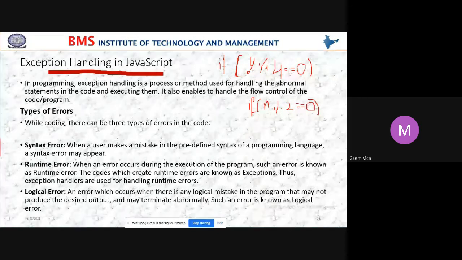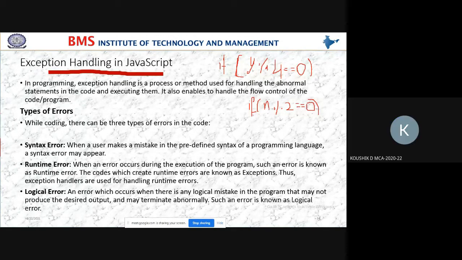If this condition is true, then the given number will be even or odd? Even, ma'am. Yes, students, are you following? It will be even if it is 0. Are you following, students?